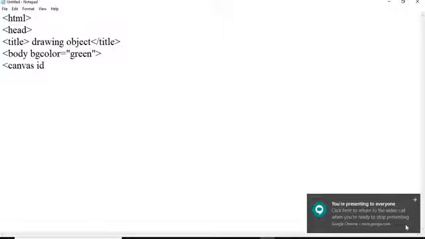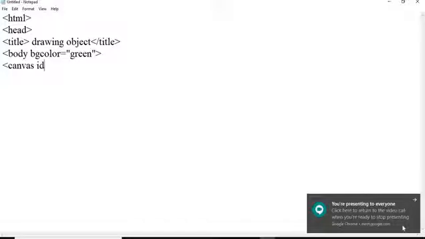It is used to draw graphics objects, like we can draw a circle, a rectangle, any kind of shape. The canvas tag is used to draw or fill an element. This is an element used as a container for the graphics.